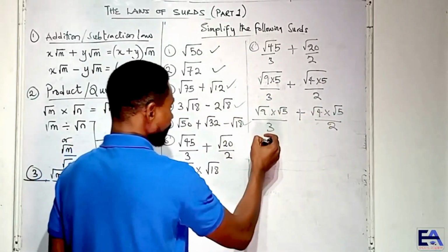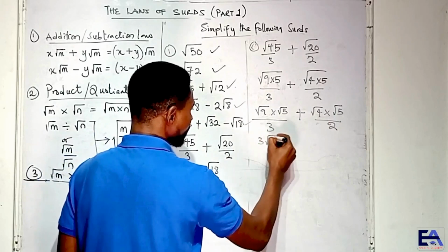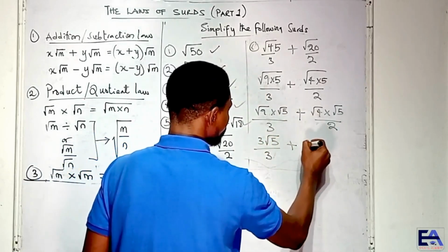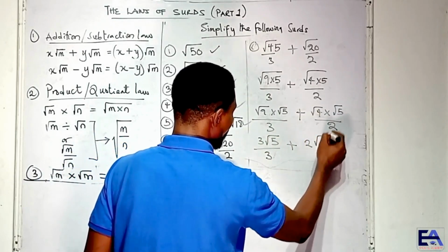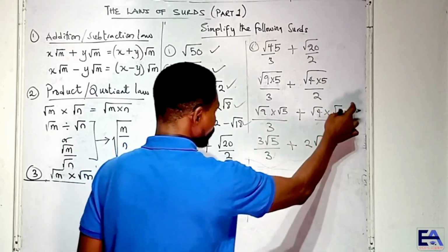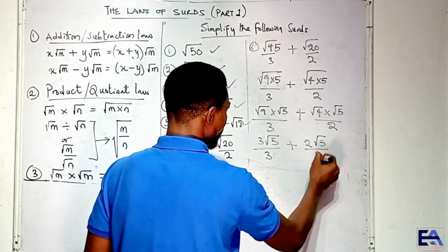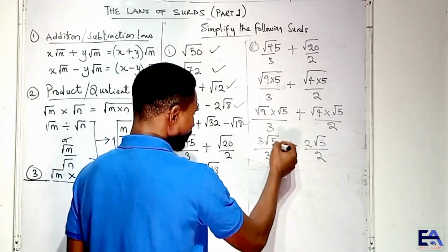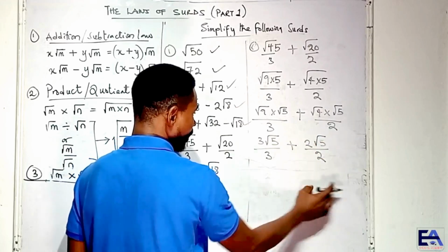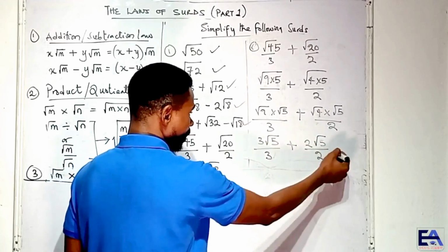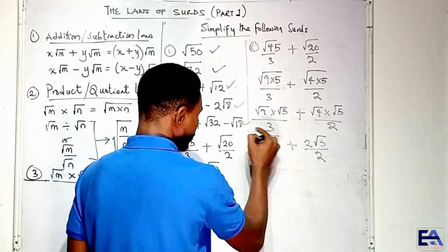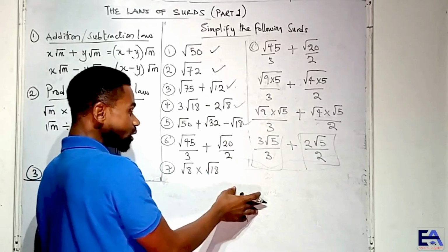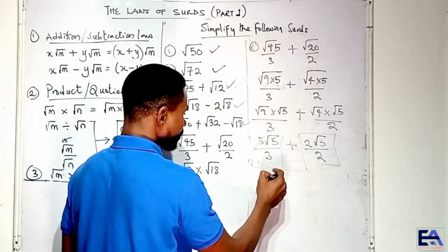Okay, so the square root of 9 is 3. So we have 3 root 5 divided by 3 plus 2 times root 5. You know the square root of 4 is 2. So 2 times root 5 divided by 2. Okay, and so you can divide on each side. Okay, you cannot divide across addition. You cannot say this one cancels it, but since they are on the same fraction, you can carry out the division. So 3 divided by 3, so you have